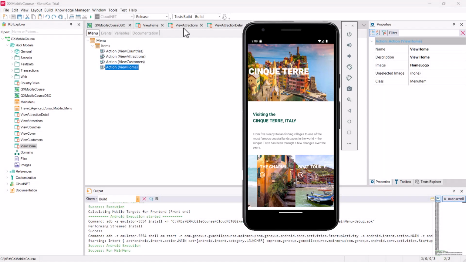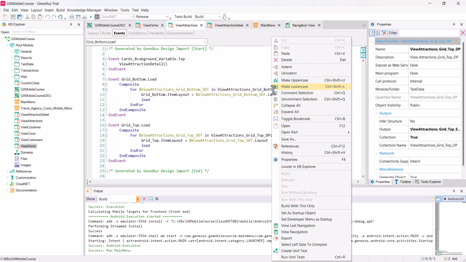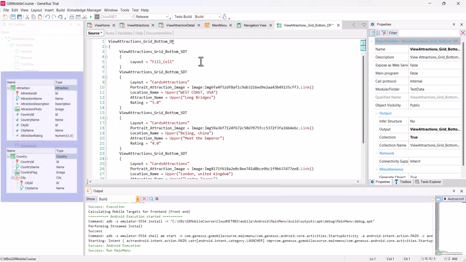When we go to the View Attractions panel events, we see that the grids are loaded using a variable of SDT type and a data provider. Let's change the loading of the DPs so that instead of using fixed data, it takes the attributes of the Attraction and the Country tables. Let's start with the one that's loading the lower grid. We add the clause from Attraction